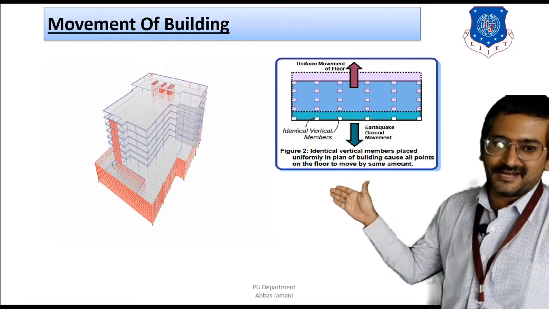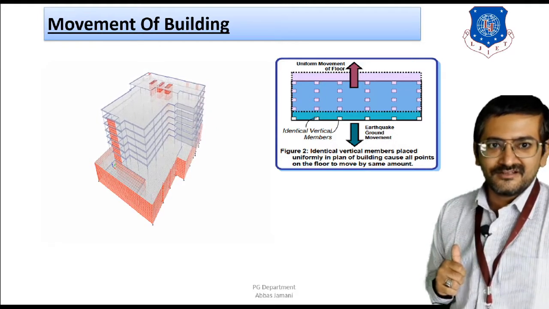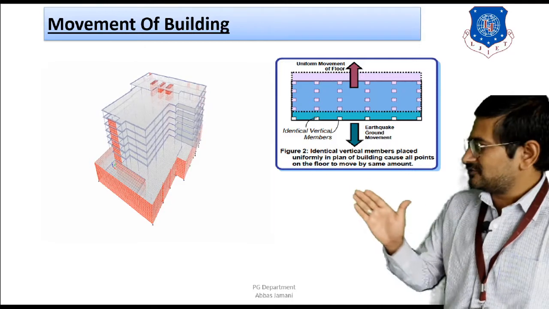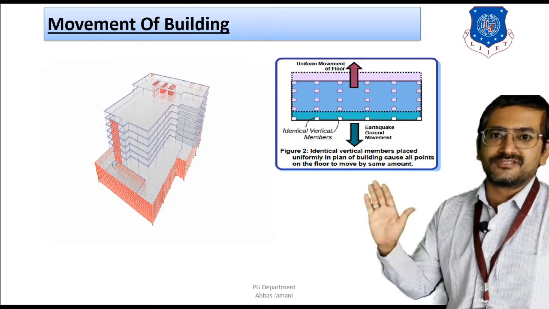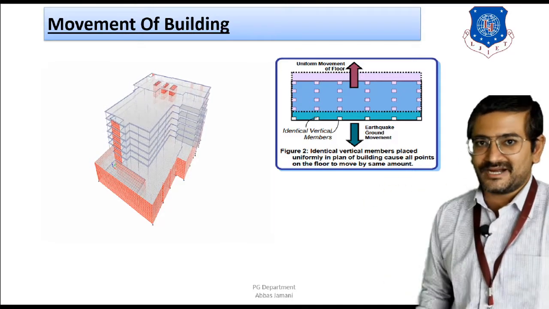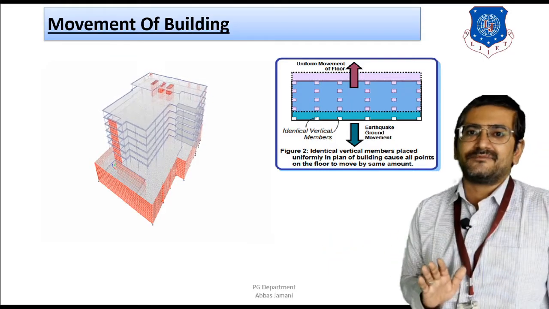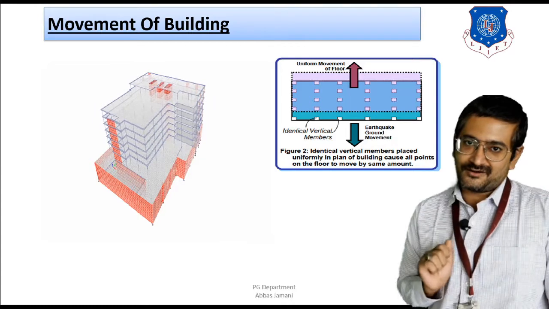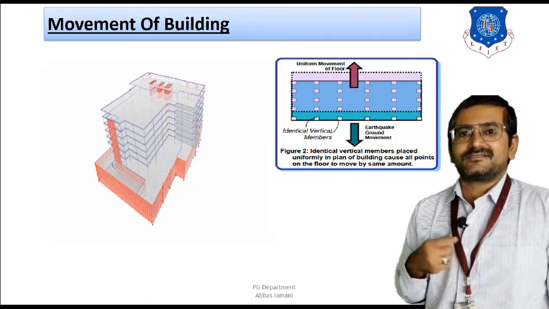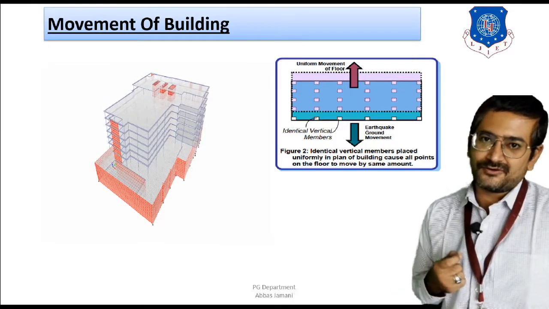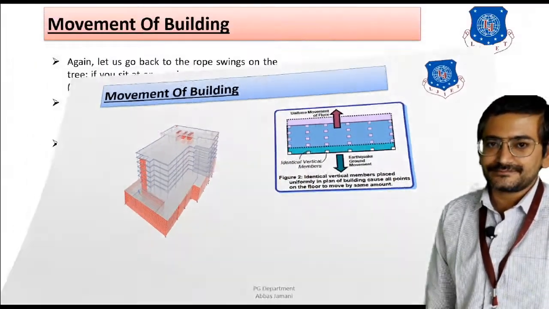The same thing is highlighted by means of an animation also over here, where you can see that when the horizontal force is applied in the x direction, all the components of the building, all the floors, are moving in the x direction by the same amount, right? This kind of behavior is ideally expected in buildings when subjected to lateral load. But does this scenario remain the same for all kinds of buildings, or does it change? That is what we are going to see next.